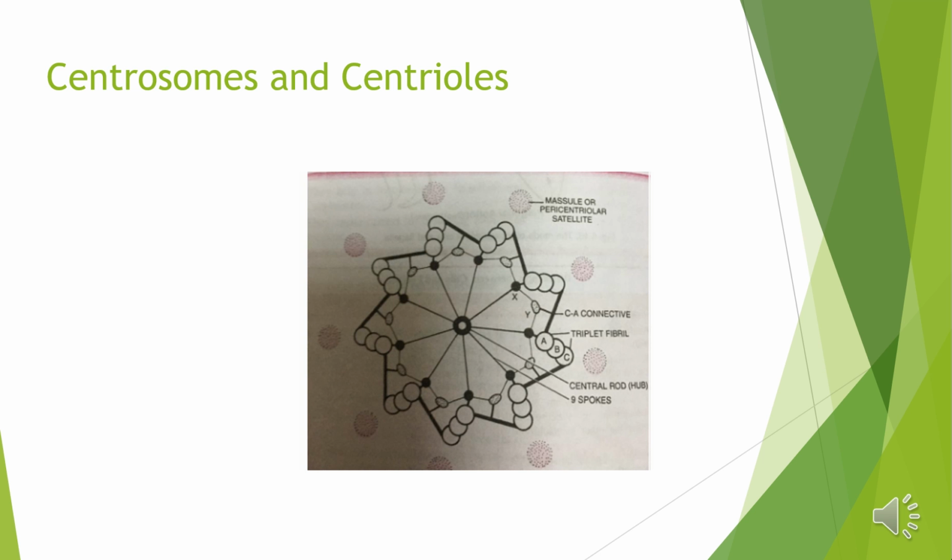A pair of centrioles is called a diplosome. Centrioles appear as two minute dark-staining granules under a light microscope. An electron microscope shows them as two short hollow cylinders usually lying at right angles to each other. Each centriole is made up of 9 microtubule triplets, which lie evenly spaced in a ring. As you can see in the diagram, there is no microtubule in the center, so they give a 9 plus 0 pattern.